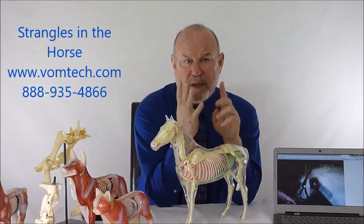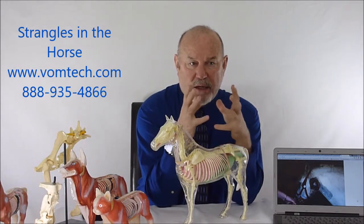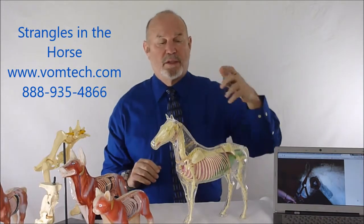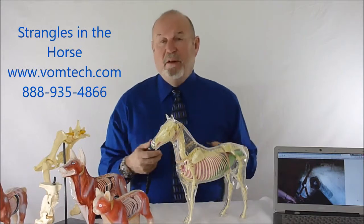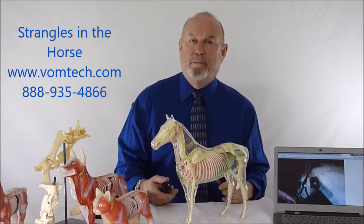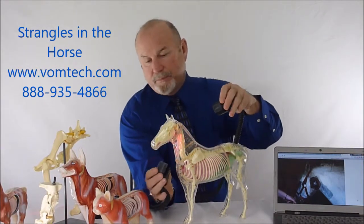So the condition is a nasty bacteria that the body doesn't have the ability to take care of, and the bacteria grows inside of a lymph node that has poor blood supply. The treatment that we'll use for it, of course, is we'll originally adjust these animals as we always do, but our approach is always going to be to treat these infections like an upper respiratory tract infection or a lower respiratory tract infection like a bronchopneumonia with laser frequency. And the goal here of laser frequency is, of course, 784